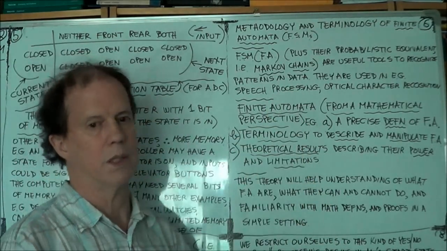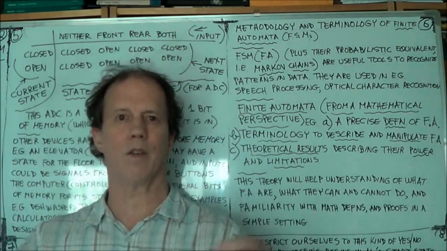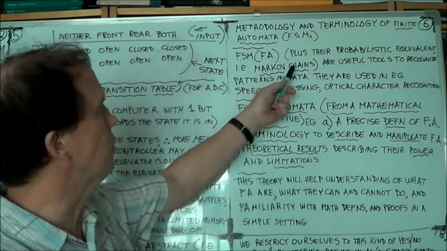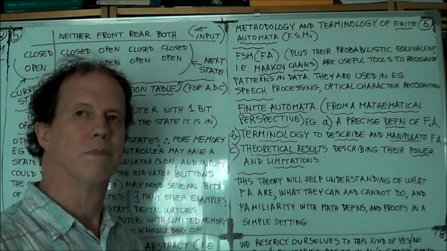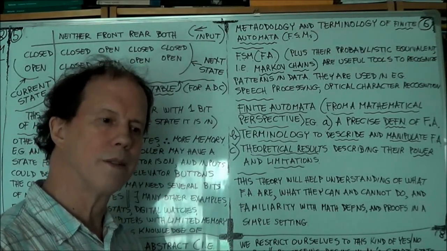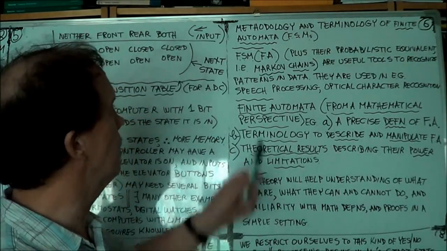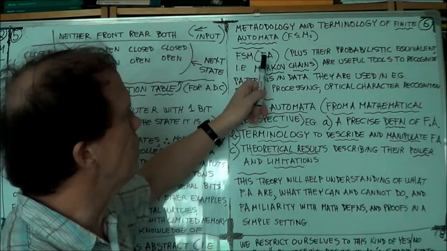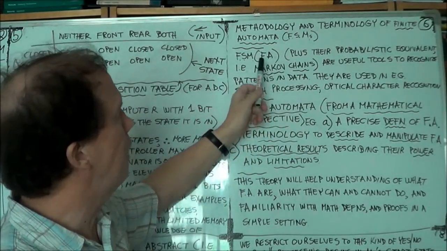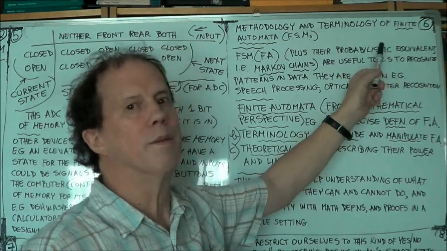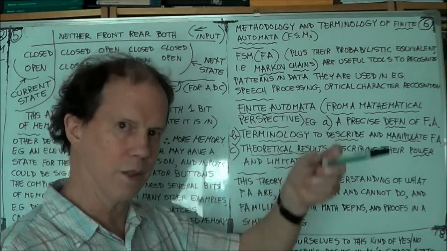And why chain? Well, because you're transitioning from one state to the next, to the next, to the next. And you get a whole chain of states. Okay, with Markov chains. And it's maybe senior level, I guess, in a math course if you did Markov chains. You can prove some interesting theorems with it. Anyway, so finite state automata, in other words, deterministic transitions from one state to another, and then the probabilistic equivalent, similar, but you're not transitioning with certainty, you're transitioning with a certain probability.